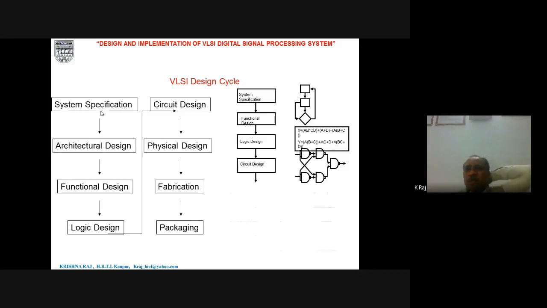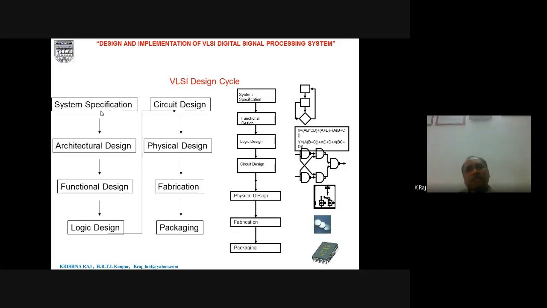So here, if we see these design cycles, then after these design cycles and after fabrication and packaging, for each and every step, we have to simulate and analyze the expected result here. The simulation will take place in order to see whether the expected results are taking place at each and every step or not here.